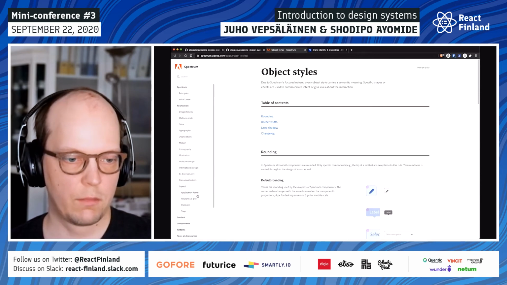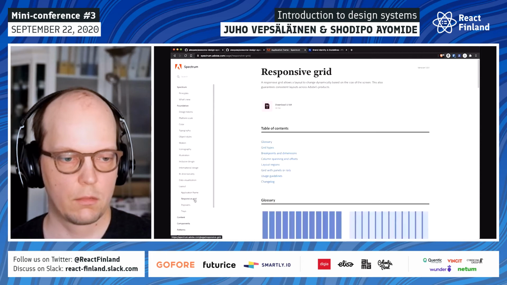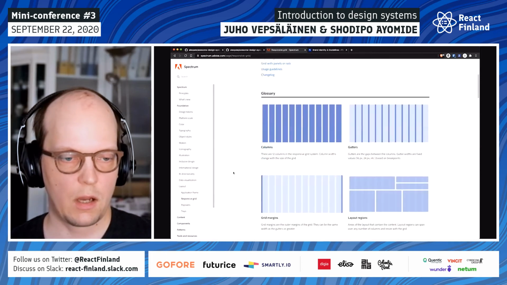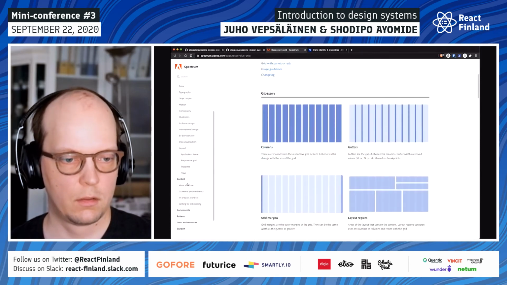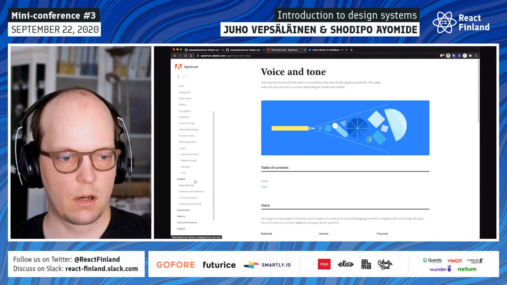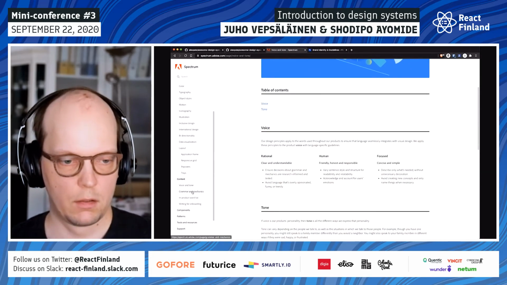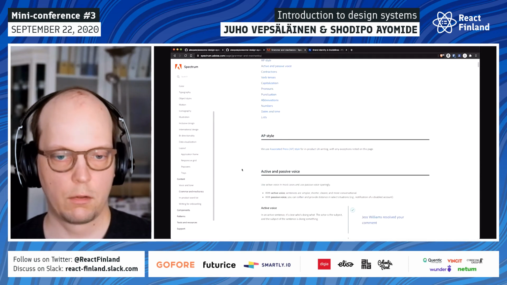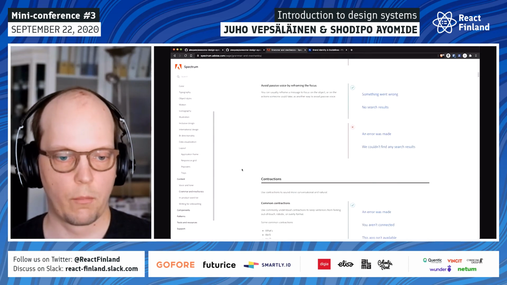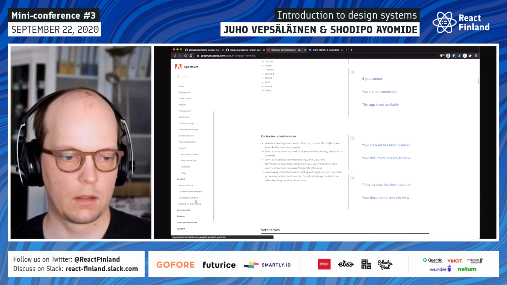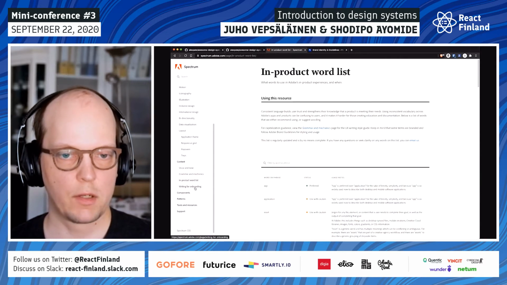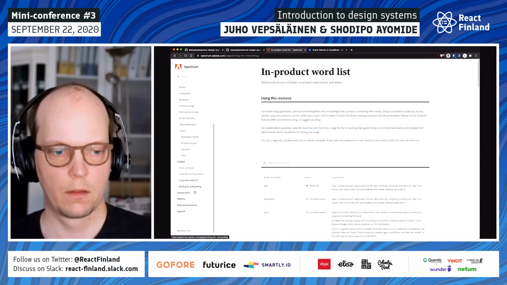And then eventually we get to application layout. Like how do I do layout on the Adobe side? Even content is described. They describe how I should write about the product. In which way? That's very useful if you're doing writing for them. And I think you can put a lot of this information even in tools.